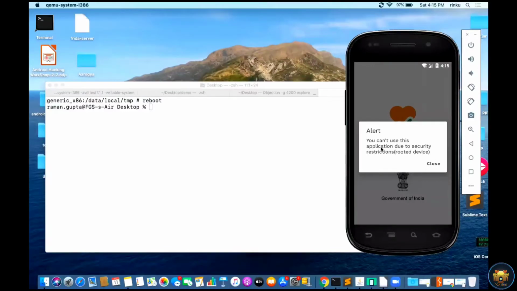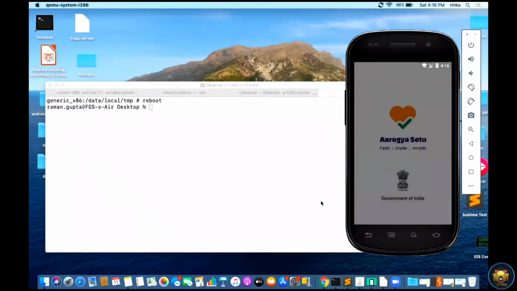So this application is able to detect that it is installed on a rooted device. It gives an error and does not allow entry into the application, just a pop-up. So we will try to bypass this using the automated way.